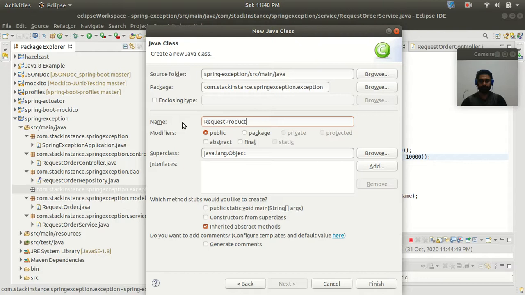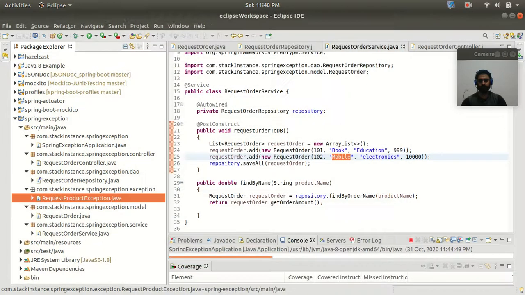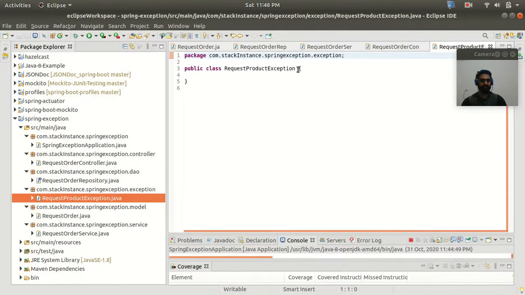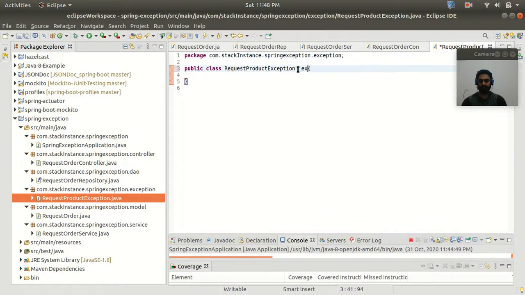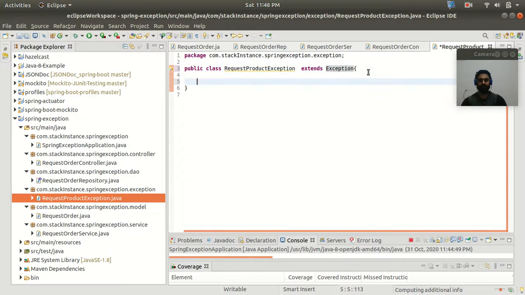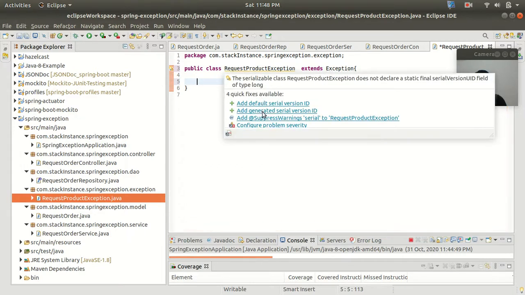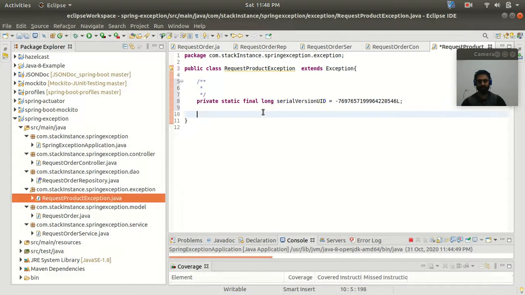Request product exception. Here we need to extend our class with Exception. Let me generate the serial version ID.